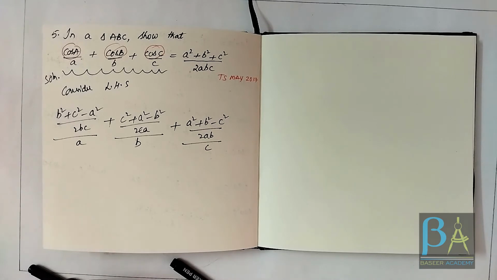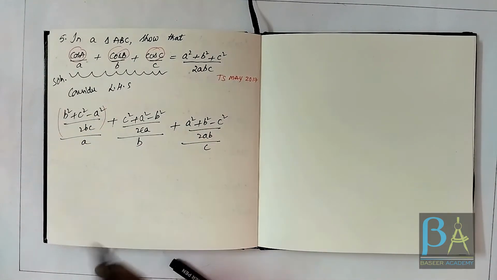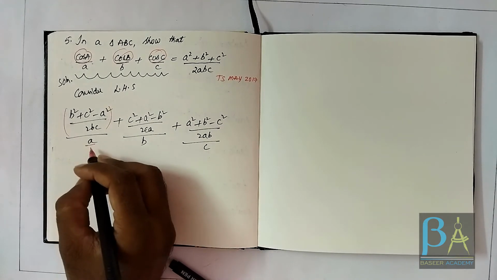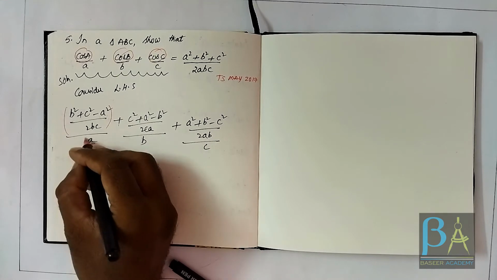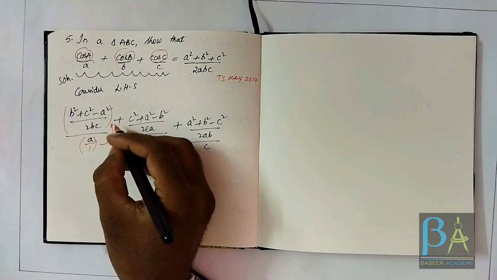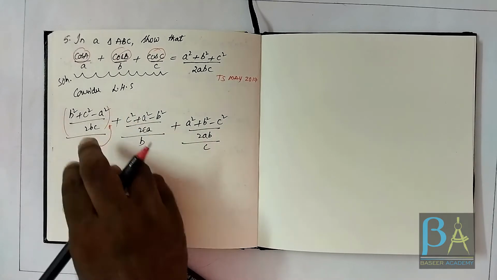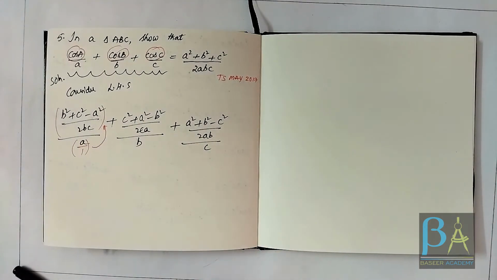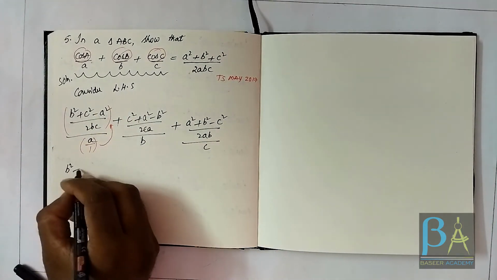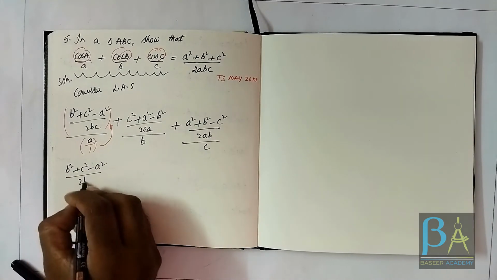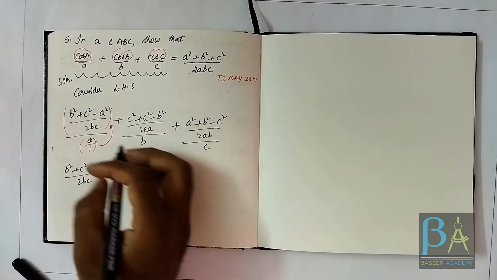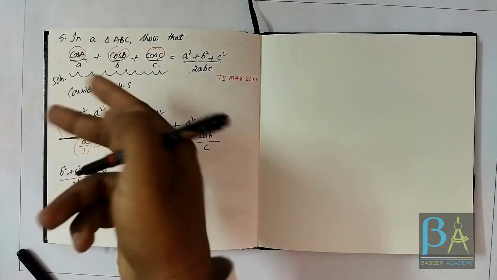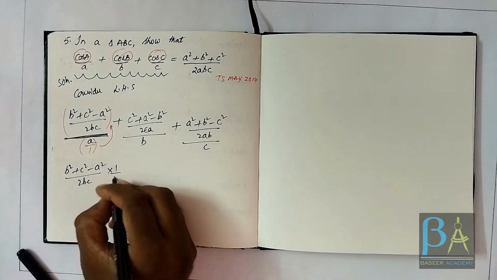Now this entire thing is my numerator, and then in the denominator I only have a. If you wish, you can write a as a by 1, because obviously a by 1 is nothing but a itself. And now let us take this denominator to the numerator. When I push this denominator to the numerator, it becomes reciprocal, right? a by 1 would become 1 by a, isn't it? So let's write it here. The numerator, I'm going to write it as it is: b square plus c square minus a square by 2bc. Now this division, if I convert it into multiplication, the denominator would become reciprocal, right? So a by 1 becomes 1 by a.